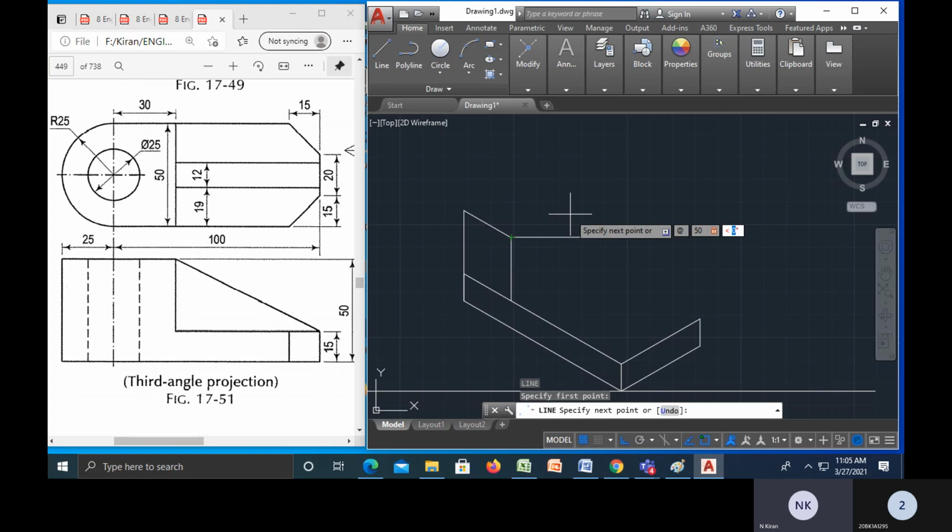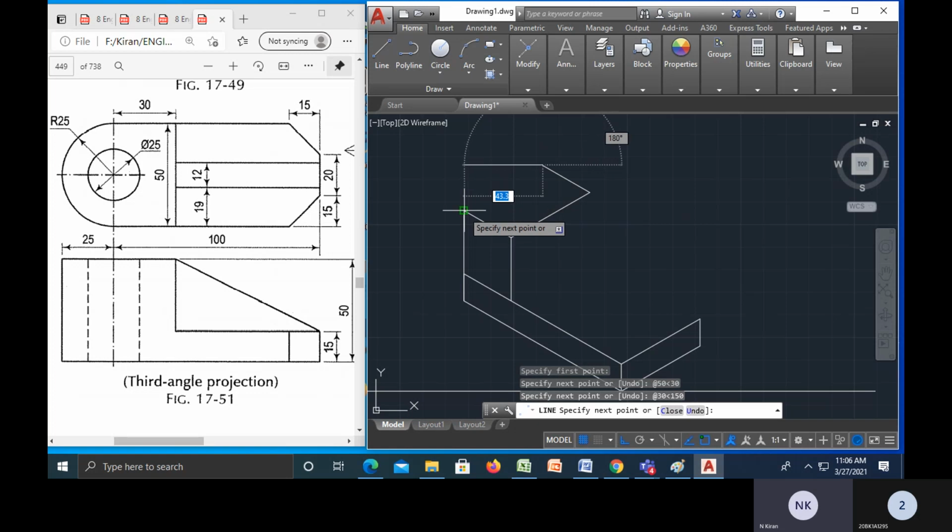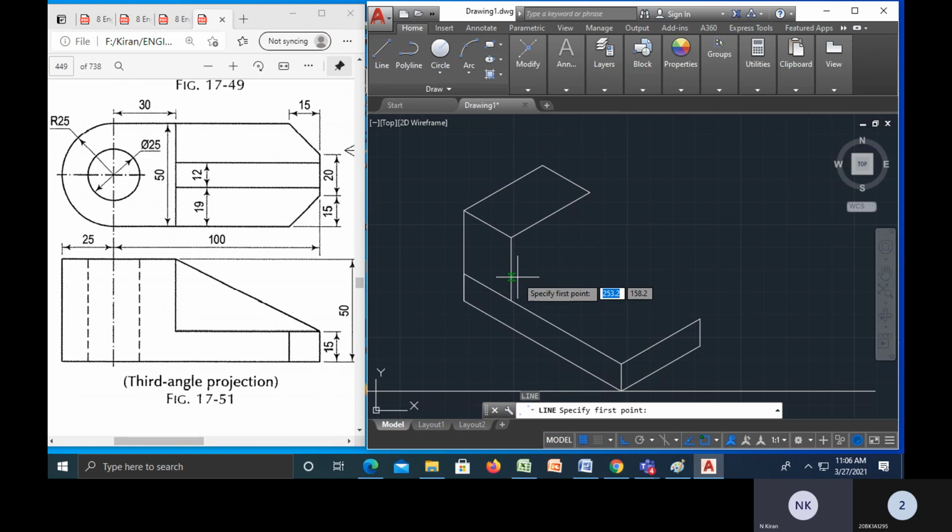and angle 30. Okay, and in this manner I have to go shift at the rate, and what is the value? 30 mm and angle 150. Okay, and again I have to join this one directly. I can join. This is your top view of this one, 50 by 30. Okay, right.